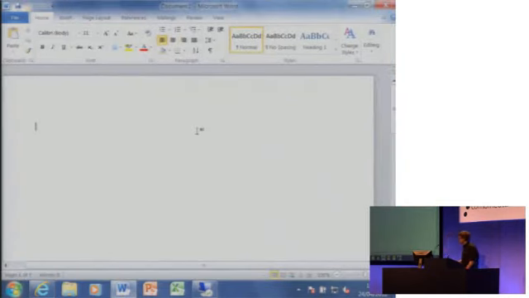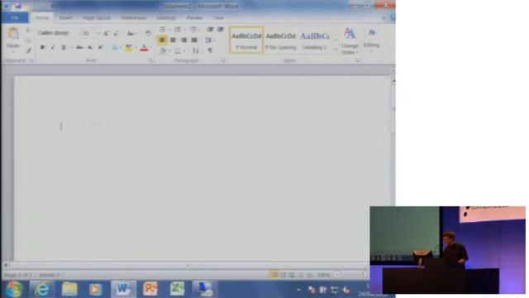So, a standard Word file, which I've just opened. In order to embed, I can do hello world. I can make this document look exactly how I want it to look. But in order to add a content control that I can then find in my code later and replace with